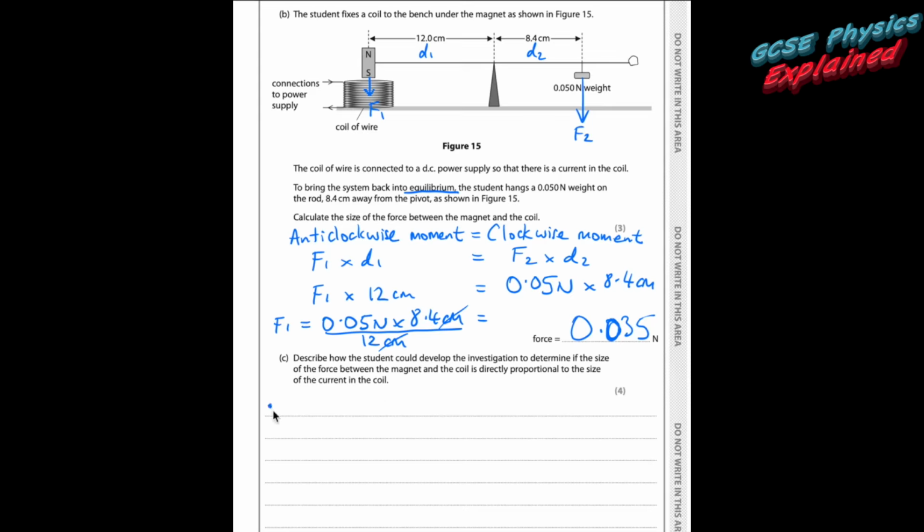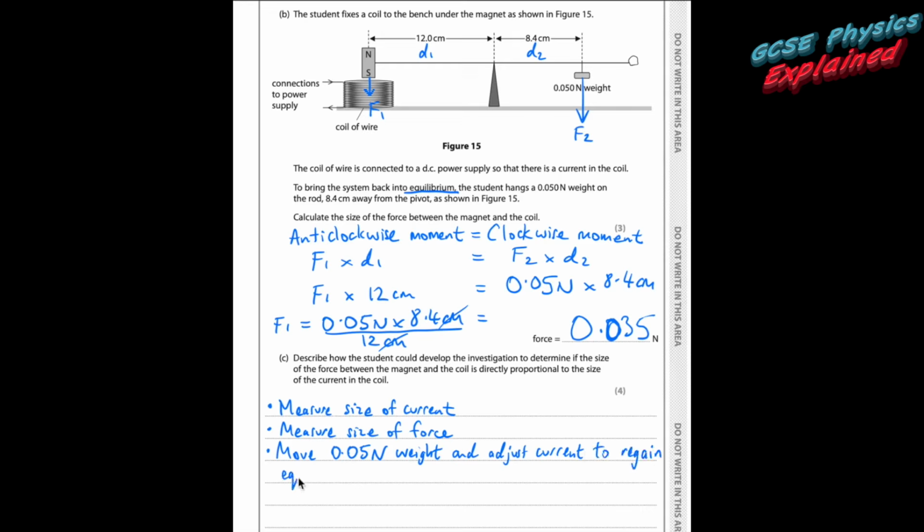If you measure the size of the current and you measure the size of the force in the way that I've just showed you in the last question, then what you would do is move the weight and turn up the current to re-establish equilibrium. Then if you re-measured the current and the force,